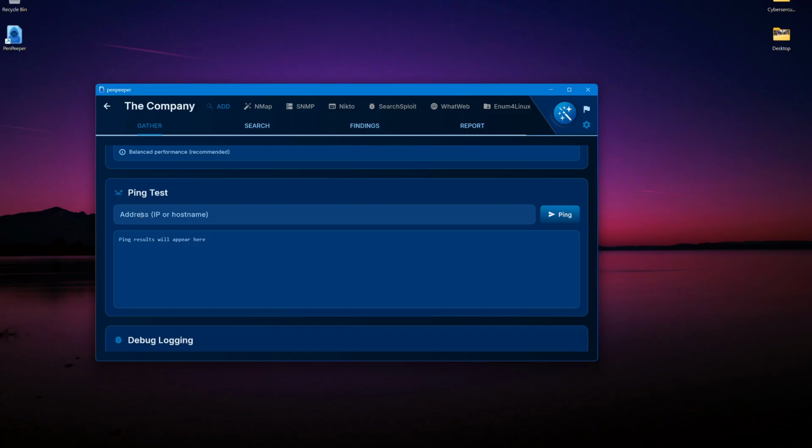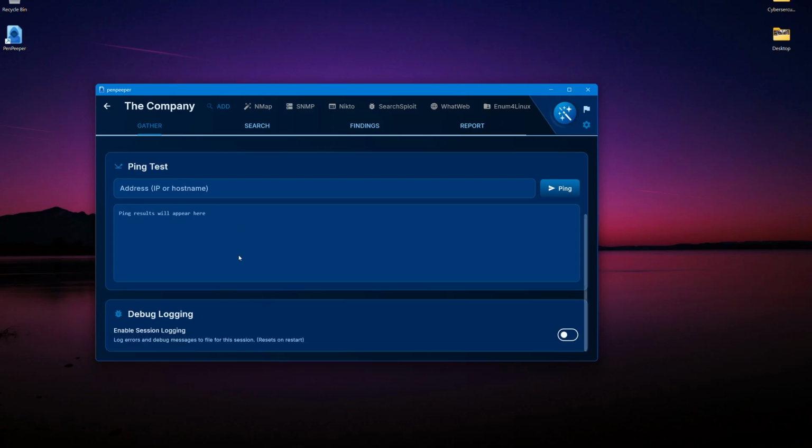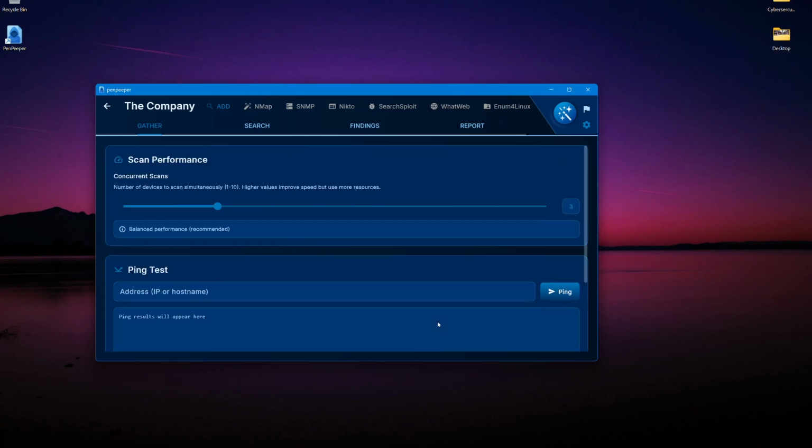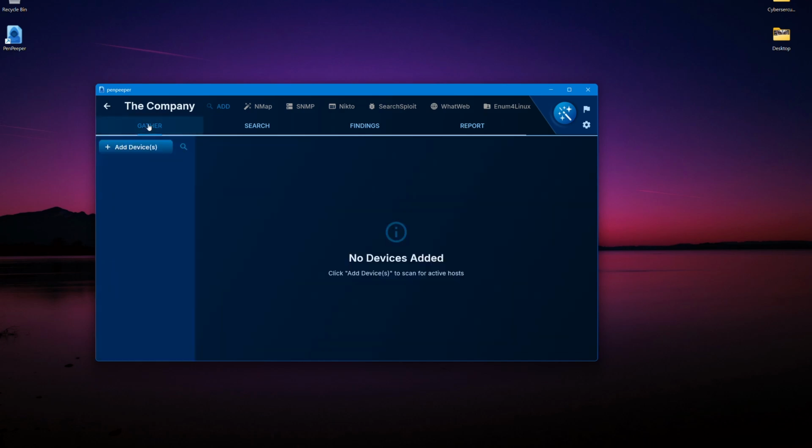VPNs, when you're going across a VPN, is even more involved really at how to set it up and get that going. Once again, I'm not going to go into WSL specifics. And then debug logging. If you enable it, it's going to create a debug log, and if you run into any problems, you can enable that, recreate it,